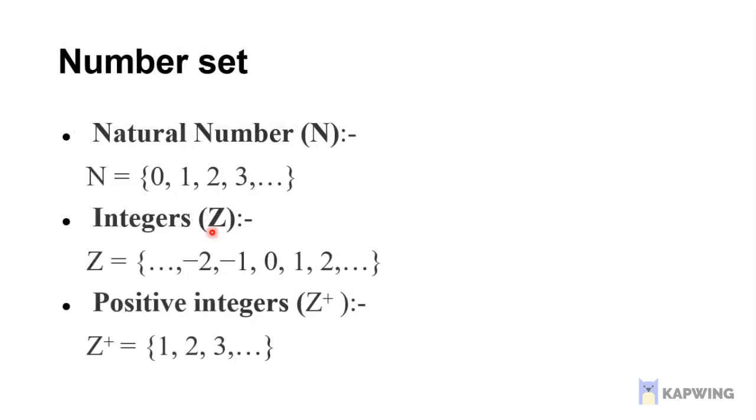So next, before that, you need to know the number sets. Which are the natural numbers, which are the integers, which are the positive integers, which are the real numbers. Natural numbers contain 0, 1, 2, 3 up till infinity. Integers contain a set of positive, negative and 0. Okay, all the positive numbers, all the negative numbers up till infinity and the 0. Positive integers we denote by Z plus, and it contains all the positives 1, 2, 3 up till infinity, and integers we denote by Z, and natural numbers we denote by N.